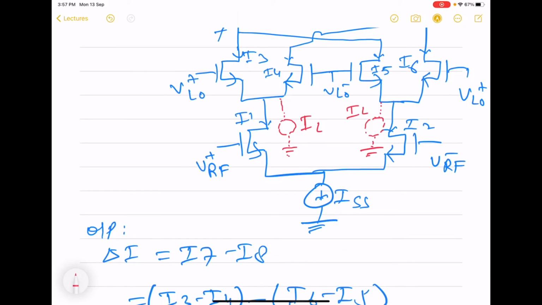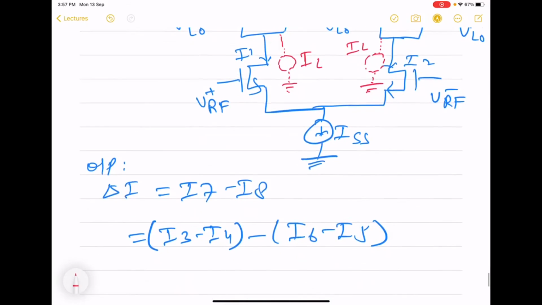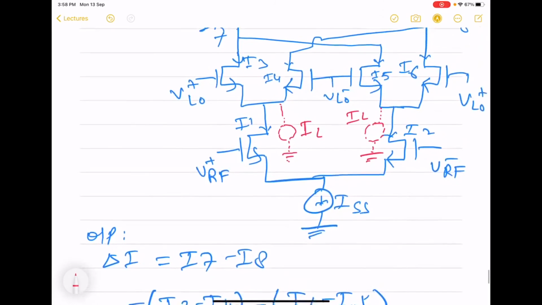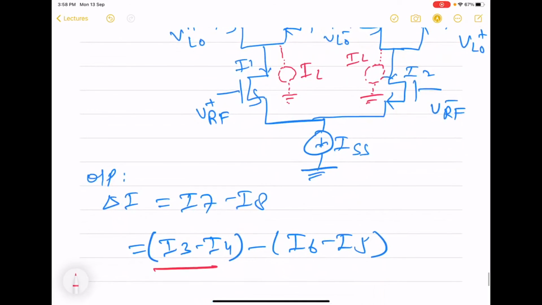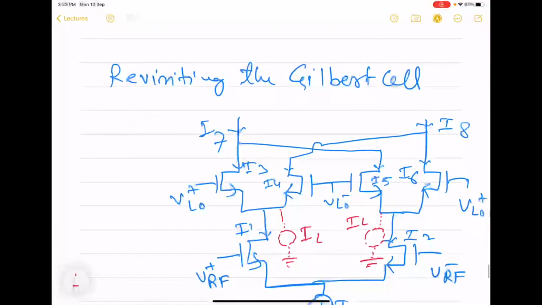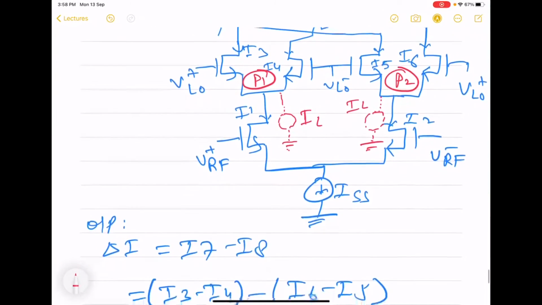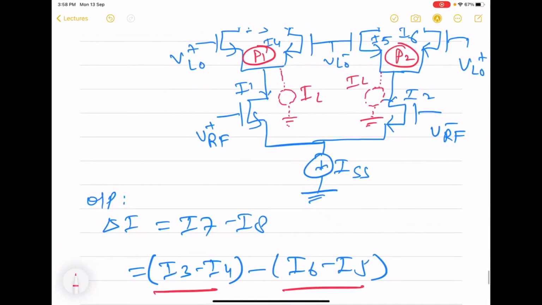This is also IL. So what is the purpose of these ILs? We see that I3 minus I4 and I6 minus I5 are the difference current for pair 1 and pair 2 respectively. And it is in the expression for these pairs that we had the square root term and we had to